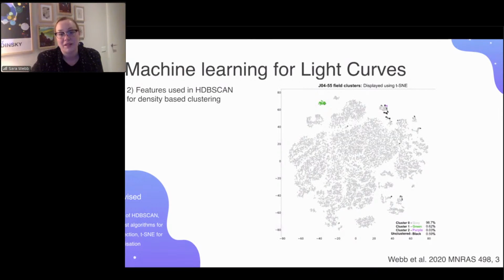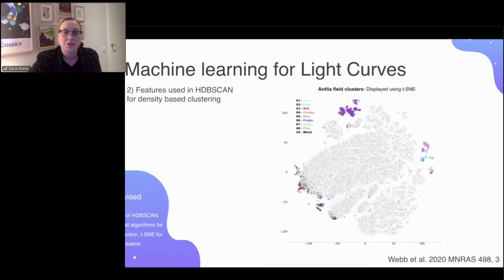But these can mean that they are so different to the groups. They have such different features that they can be very, very interesting or anomalous. So we'll touch on them a little bit later.